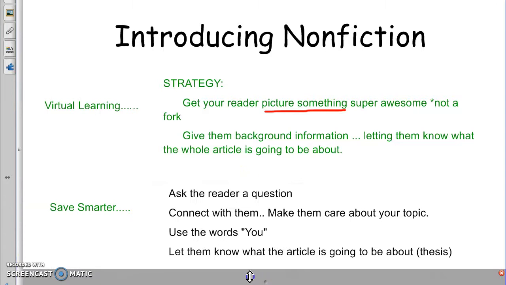And our strategy for Save Smarter is they ask the reader a question, connect with them, make them care about your topic, use the word you, and let them know what the article is going to be about. Thesis. All right, when you're done writing that down, you can start writing your introduction to